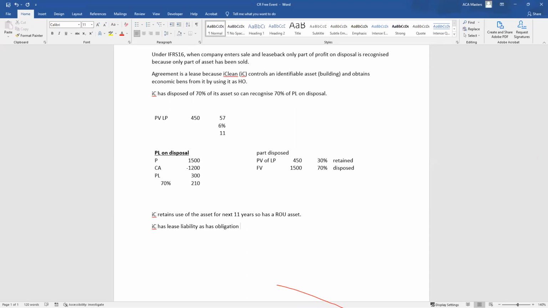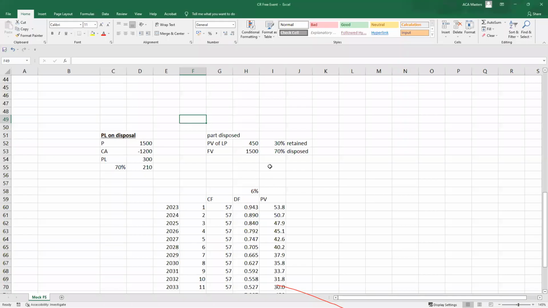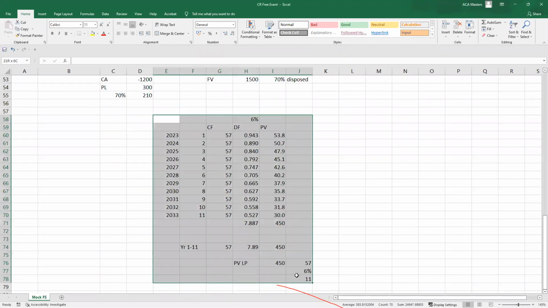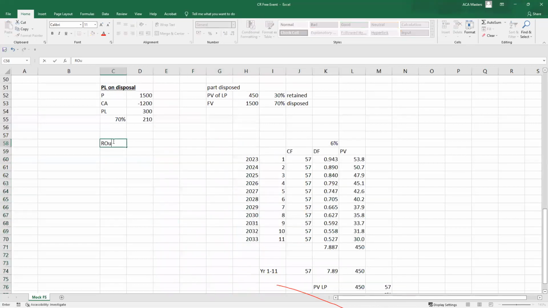It has an obligation to make lease payments for the next 11 years. So, as we always do, the only tricky thing here is, remember, the way you calculate the right of use asset is to take the carrying amount multiplied by the part of the asset that was retained. Now we've said, of course, that they retain 30% of the asset. So what we will have here is our right of use asset will be,